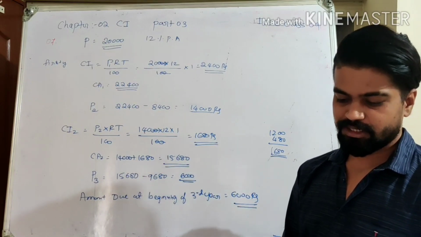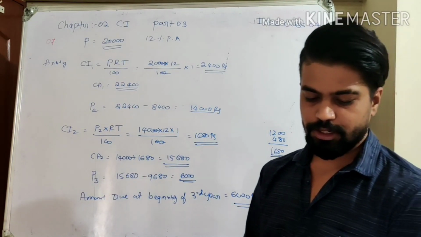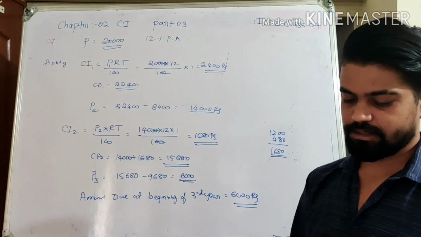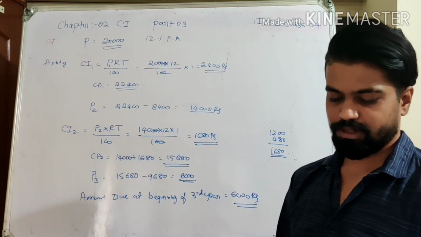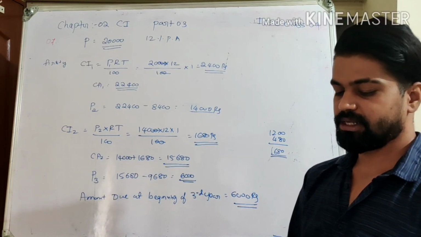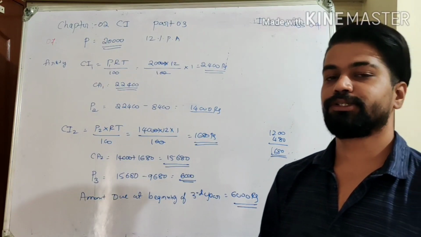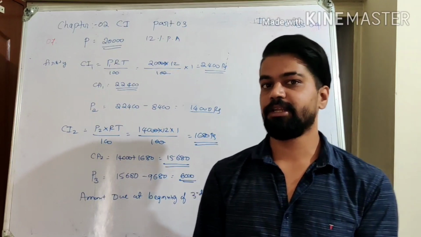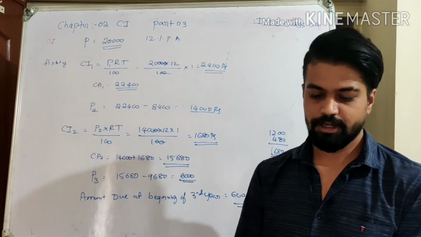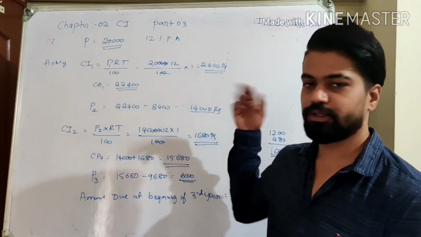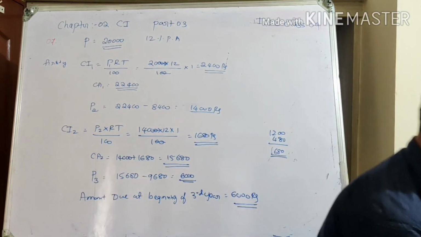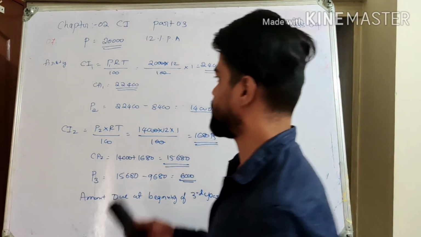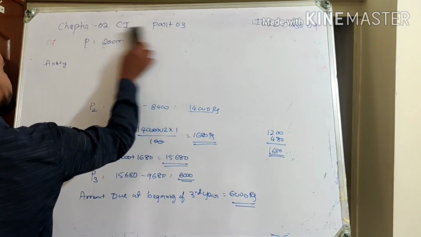Okay. So, and what is the question? He repays 2,500 at the end of every 6 months. Calculate the third payment he has to make at the end of the 18 months in order to clear the entire loan. So assume that at the end of the third installment, that is 18 months, he will be paying the entire thing. So what is the amount he has to pay? It is very similar to this question. Okay, but instead of 1 year, they are talking about 6 months. That's the only difference. Nothing else.